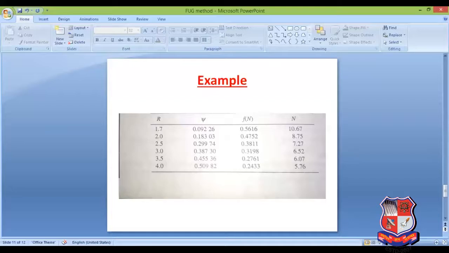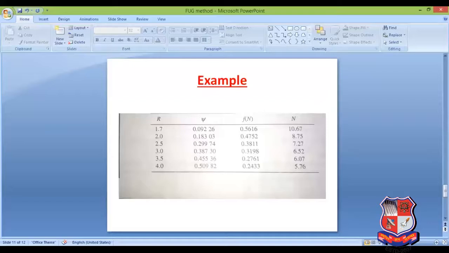If you increase the value of R, your psi is increasing, your Fn is decreasing, and your N is decreasing. So as you increase R, your psi is increasing, and your Fn and N both will decrease. This is a kind of cross check. Even in the examination, maybe due to some calculation error the variation comes, but this thing should be in your mind: with the increase in the value of R, the value of psi must increase and the values of Fn and N must decrease.